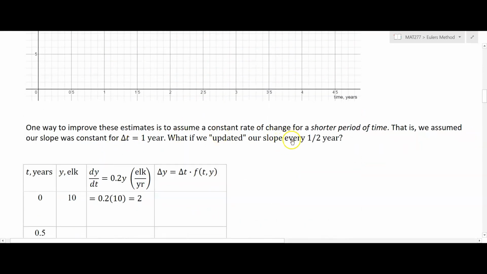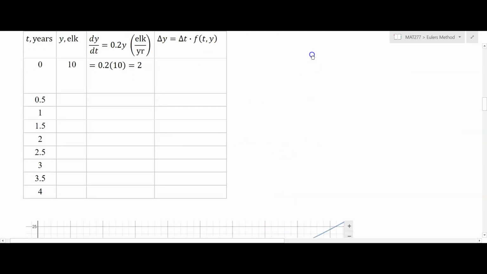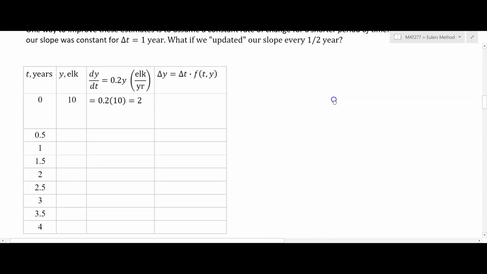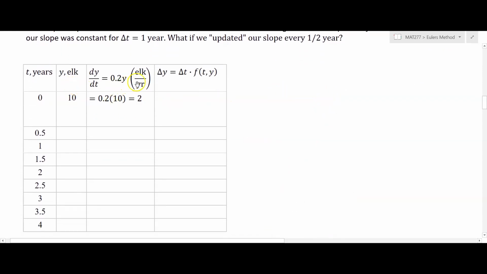One way to improve these estimates is to assume a constant rate of change for a shorter period of time. That is, we assumed our slope was constant for delta t equals 1 year. What if we updated our slope every half a year? Well, if we did that, we have to be a little bit cautious, because remember that dy dt, as we said earlier, is per 1 unit of time. So this is still 2 elk per 1 year. But notice that the time advance here, the time step, or the step size as we call this, is half